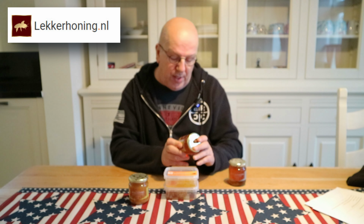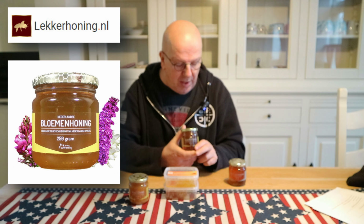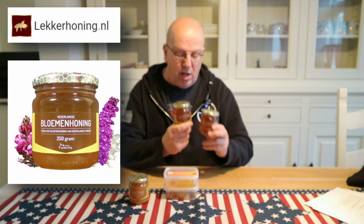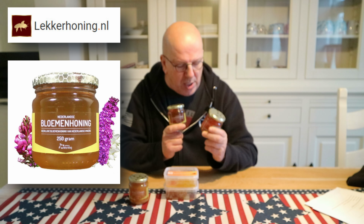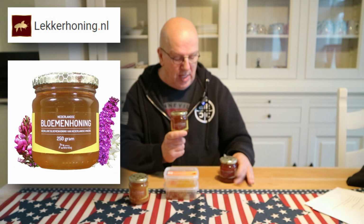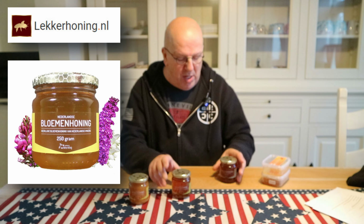Now, this one is from Holland. So this is Dutch flower honey, right? Now, there's a slight difference in color. You might not see that on camera, but the one from Spain is a bit darker, okay? And there are a couple of reasons for that, or there could be a couple of reasons for that, all right? Keep in mind that when this honey is made, this might be in a period of the year, let's